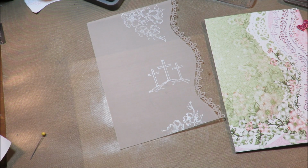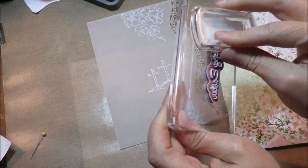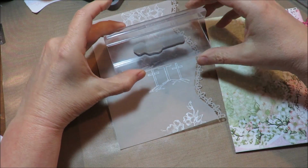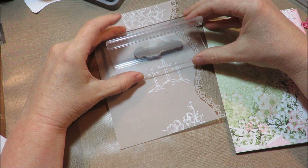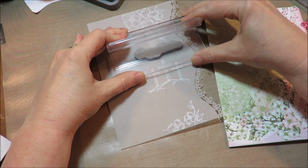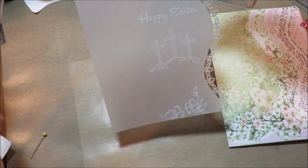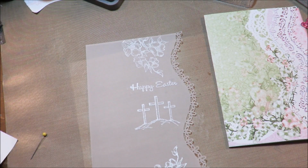And the last thing on the vellum, Happy Easter, ink it up, and I'm going to put that right above the cross, hoping that it's straight because I'm far away from this. Very difficult to film when you're doing these things. Oh, I lucked out. It's somewhat straight. Okay, now,